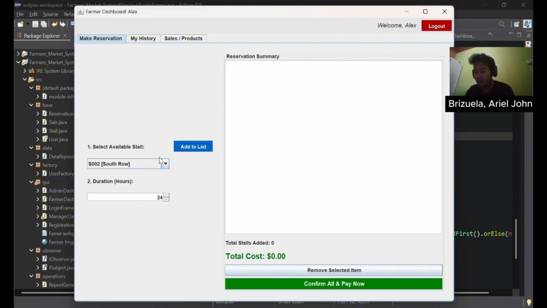It also has the remaining available stalls. Add a duration, say 15 or 16, add to list, and the last one is only 10 hours. Add to the list, confirm, and payment.